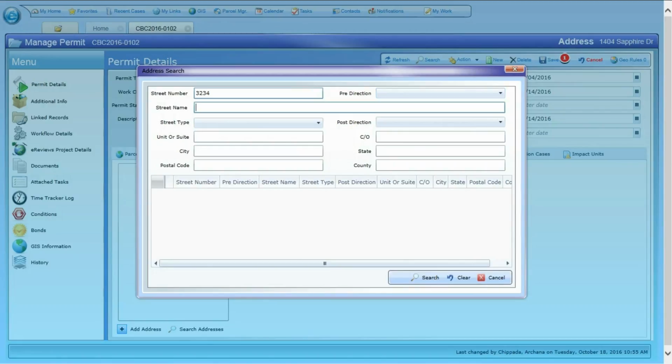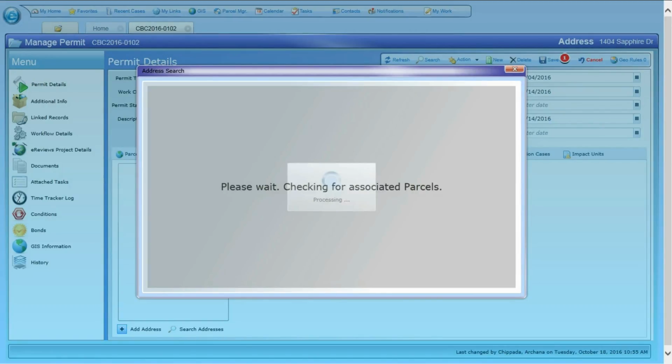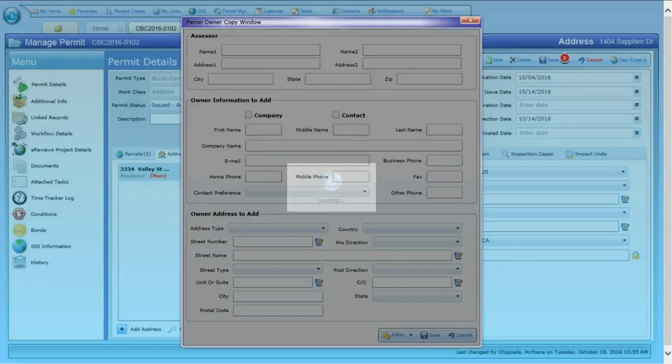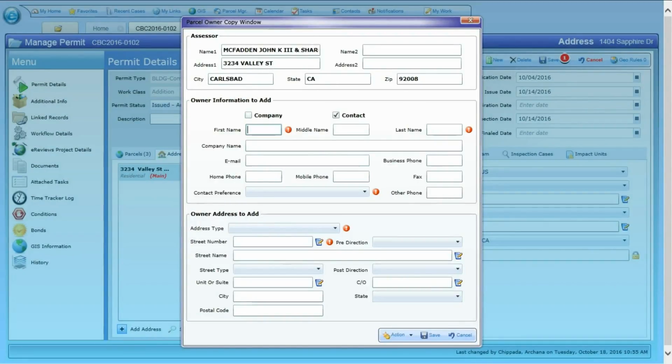to tell because the assessor information should have an ampersand in the name. So you go in and you do the search of the address, you find the address, and in the assessor information you should see an ampersand. In this case, for co-ownership, first name should be co-owner, and again you'll copy the entire line to the last name field. You'll also want to continue going and copying all of the address information as it shows on the assessor information to the individual lines on the ownership address fields, using the appropriate drop-down boxes and making sure everything